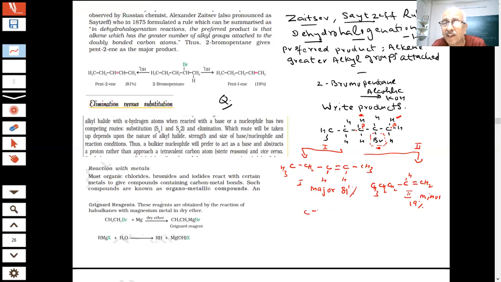Here you can see there is a carbon-carbon double bond. This is my hydrogen. This is my CH3. This is a hydrogen, student. This is CH2, CH3. You can see 1 and 2 alkyl groups. How many hydrogens? 3. And how many hydrogens? 2. 3 plus 2, there will be 5 hyperconjugated structures. 5 hyperconjugations.